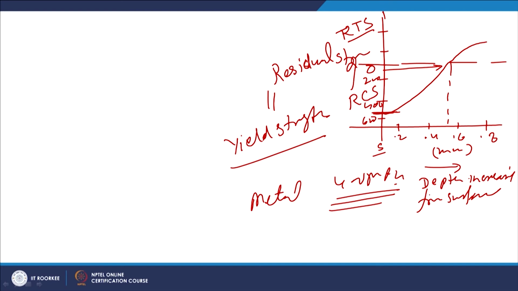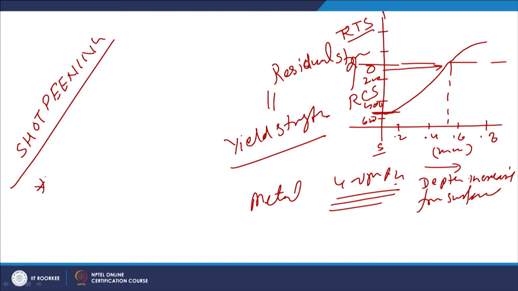So, this is how we can see that shot peening helps to improve the mechanical performance in terms of tensile strength by developing residual compressive stresses at the surface, and this in turn helps to sustain a greater tensile load and gives greater fatigue resistance.